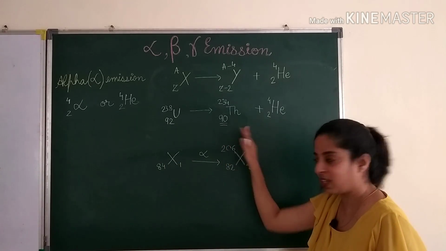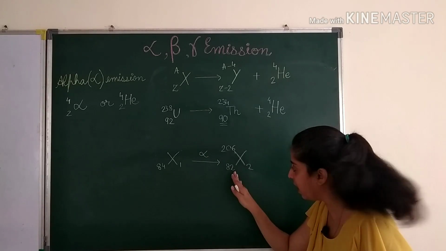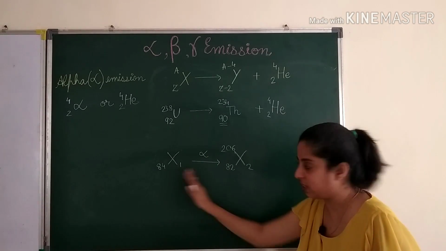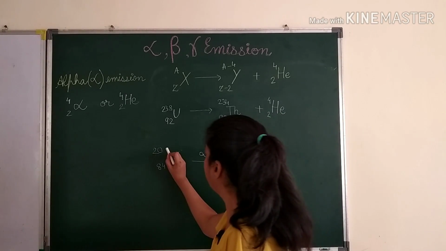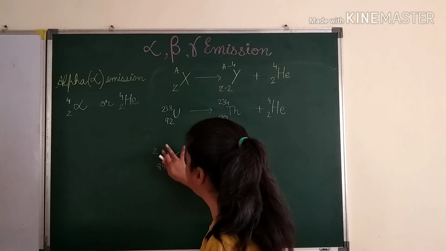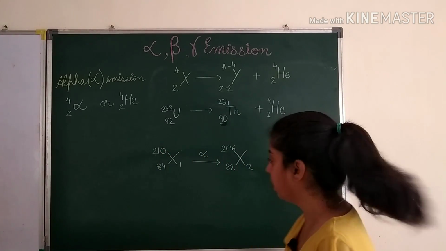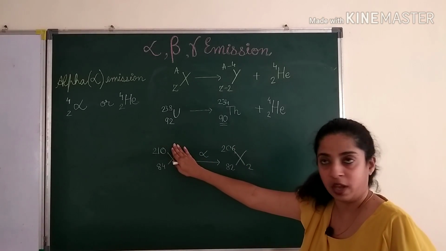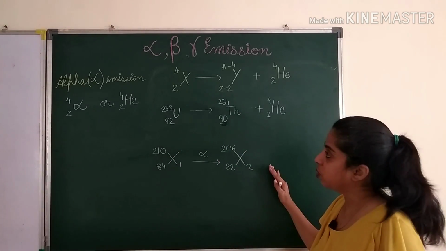While going forward we have to subtract, and while going reverse we have to add, because an alpha particle came out of 84 and so 82 was formed. Correct? So going back we have added 2 here. 206, you add 4, so it becomes 210. Correct? So while going back, you'll add 2 and you'll add 4 here. So this is how we'll solve the sums of alpha emission.